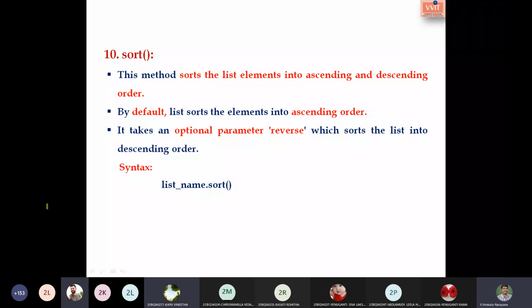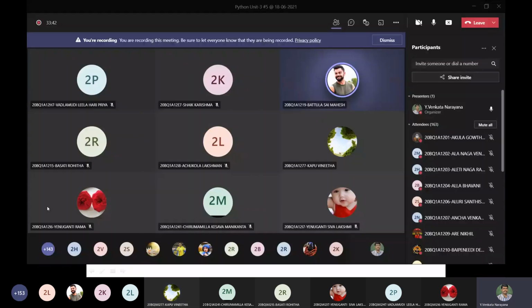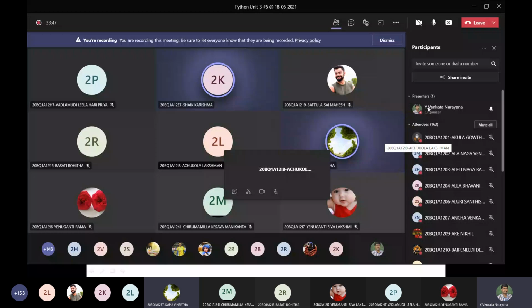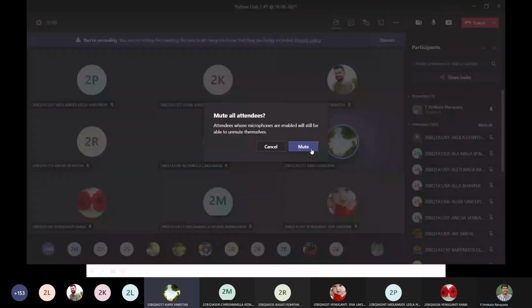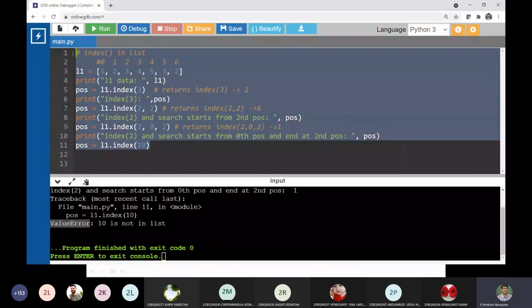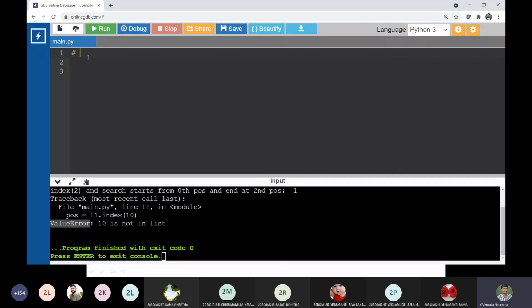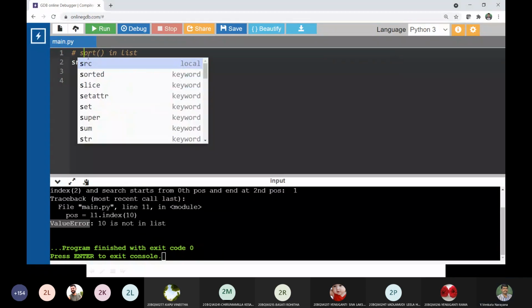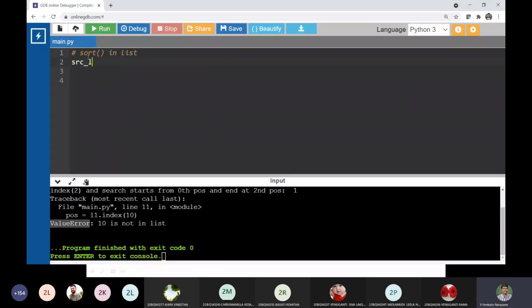Shall I move to the online compiler? Yes, sir. See here, I moved to the online compiler. Hash, reverse function in list. Sort. Whether you are paying attention or not, that far I am checking.